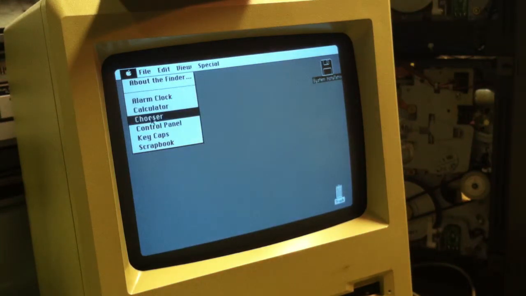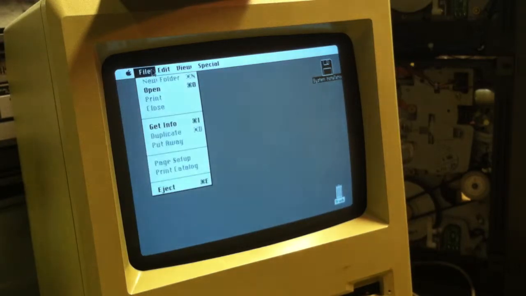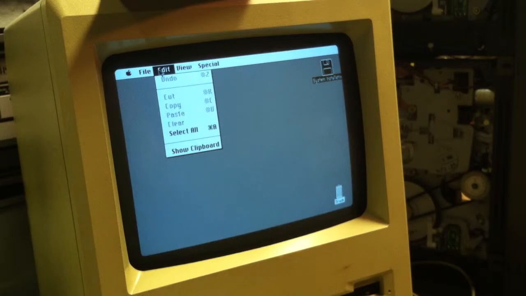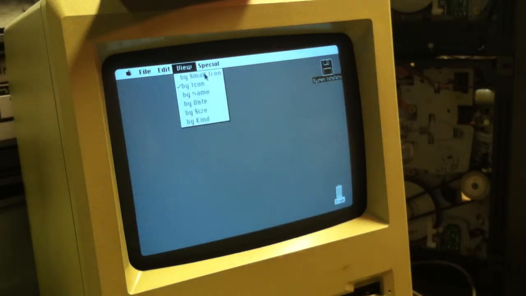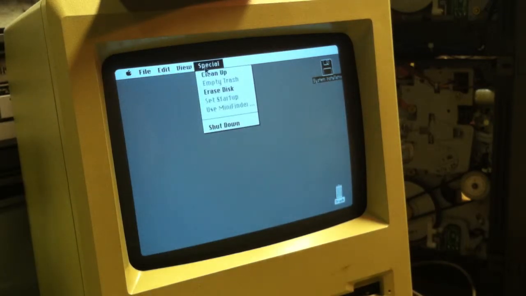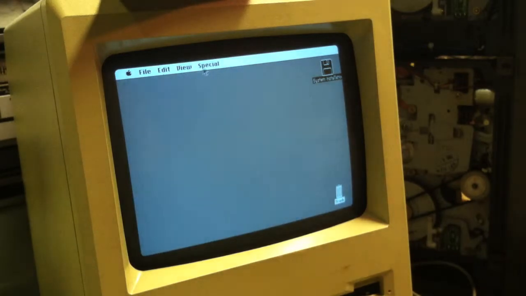So here we have very basic. Here's alarm clock, calculator, chooser, control panel, keycaps, and scrapbook. Have your file menu, your edit menu, your view menu, then your special menu, which has a shutdown feature. Now, I'm going to eject the system diskette here,